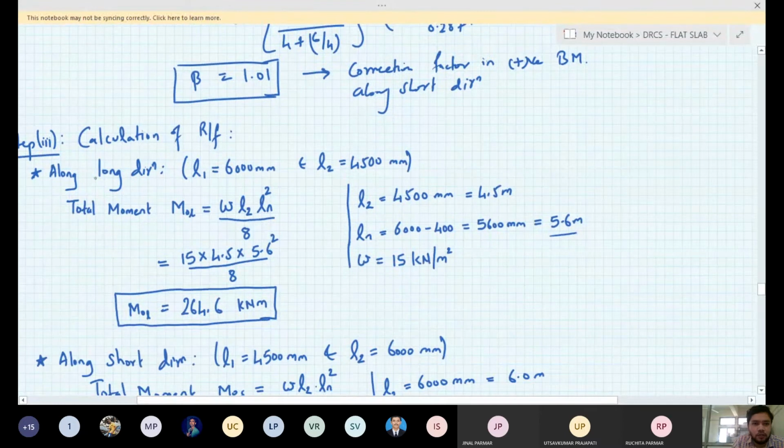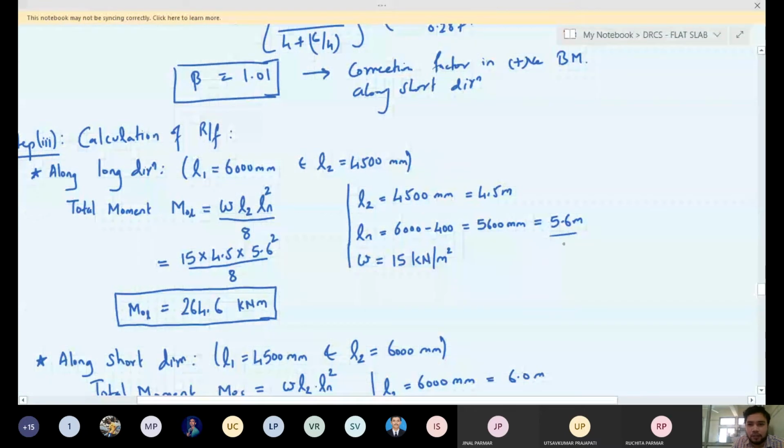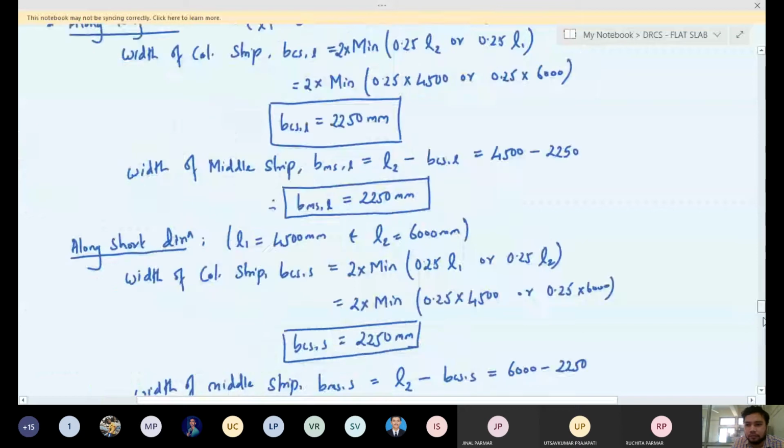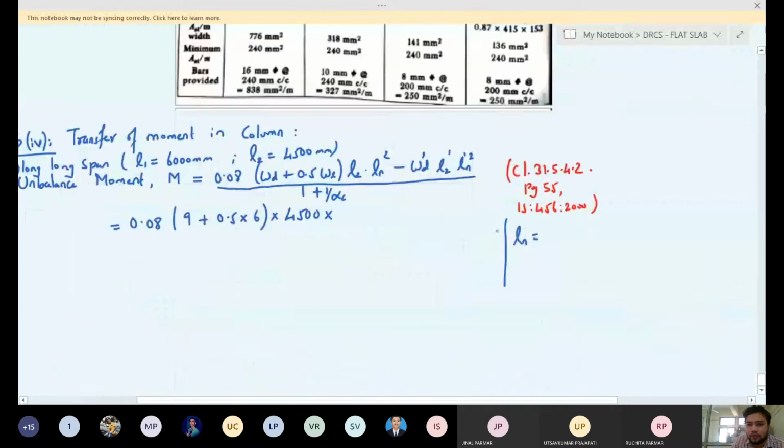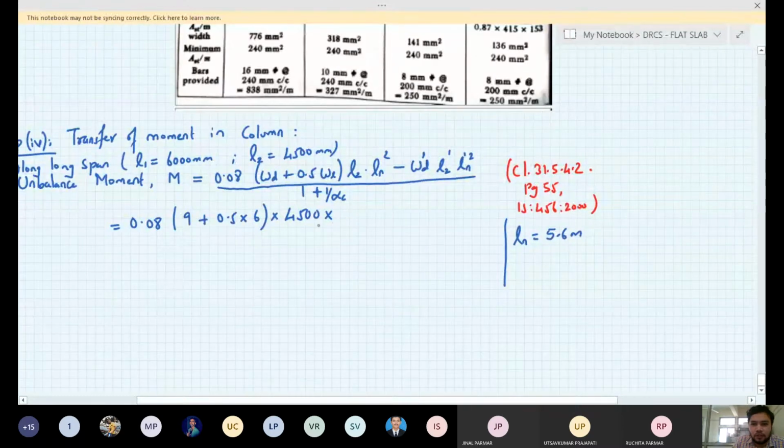Along the long direction the ln is 5.6. So your ln here is 5.6 meter, or here also we can express this in meter also. Your L2 is 4.5 meter, this is 5.6 square minus